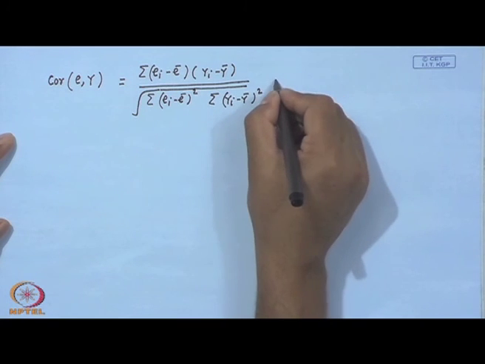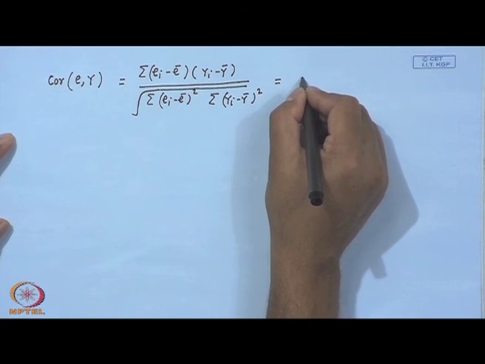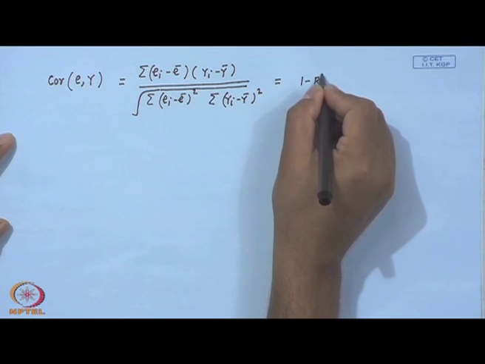So, we have to prove that this is equal to square root of 1 minus r square,